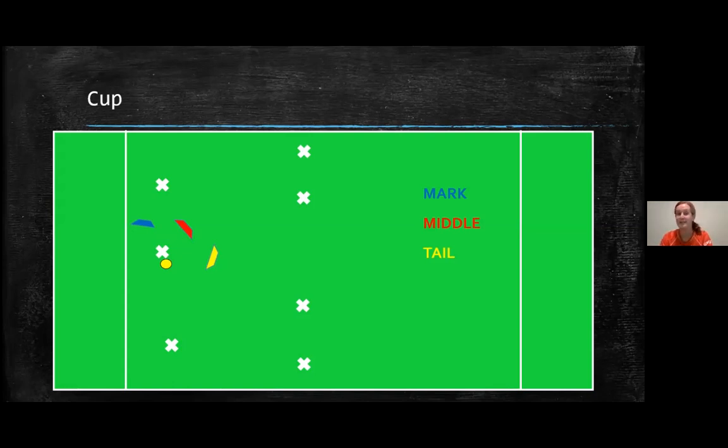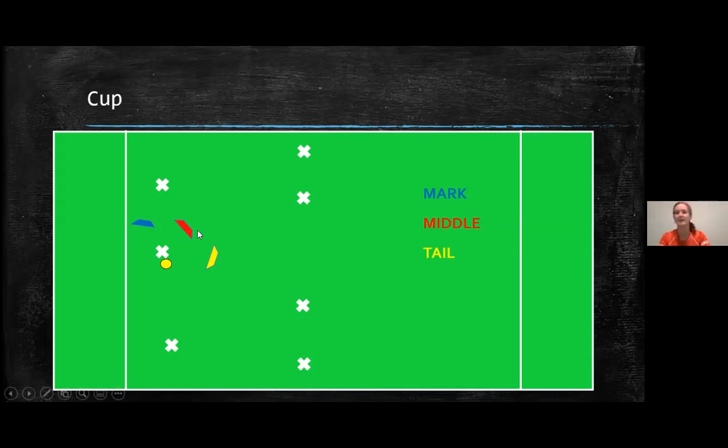If you have a more experienced team, you might want to consider putting someone with a bit of height in that position. If they're standing there with their arms up, that makes throwing over top of that cup a lot tougher. And another thing to kind of play around with, if you're in that middle position, think about